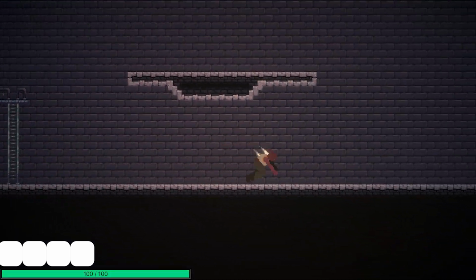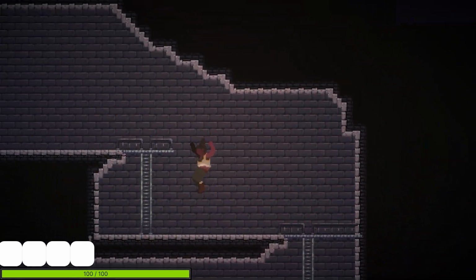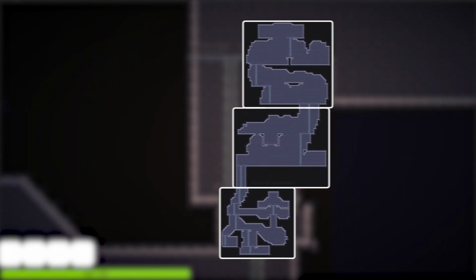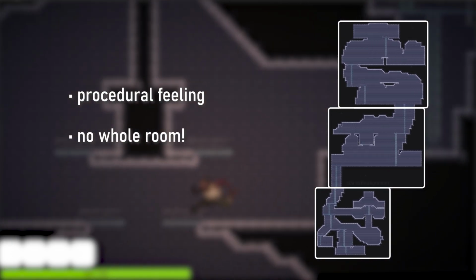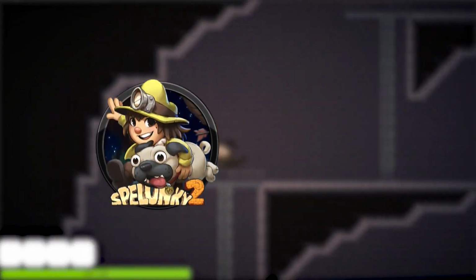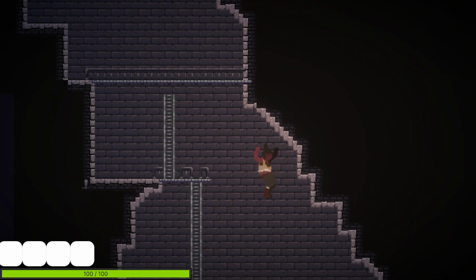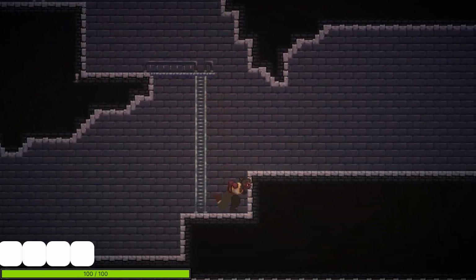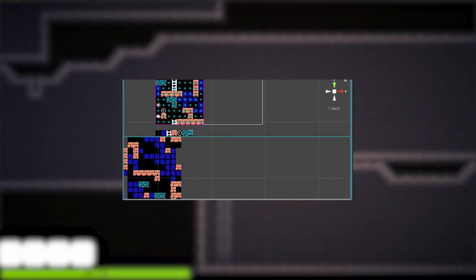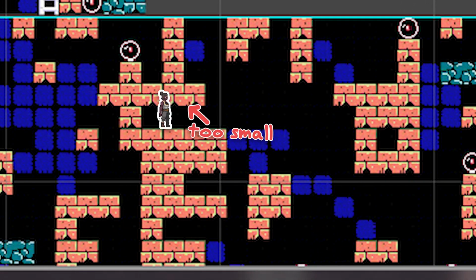Actually, let's already tackle the latter requirement with a solution that also makes the programming easier. We'll connect pre-designed room templates to still give you a procedural feeling without having to generate the whole room. A lot of games in this genre, like Spelunky or Dead Cells, actually already do this, and it's for a reason. We could use a fully procedural algorithm like wave function collapse, but this way we won't have to care about, for example, the height of a corridor being too small for the player.